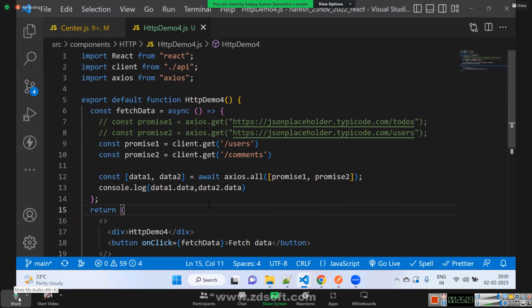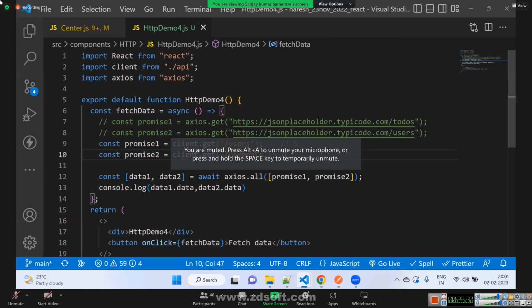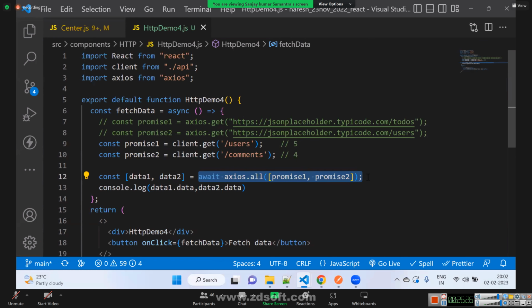Okay, then what is the benefit of axios.all? axios.all will make both the calls parallelly. If this API is taking 5 seconds to respond, and this API is taking 4 seconds to respond, how much time will axios.all take?